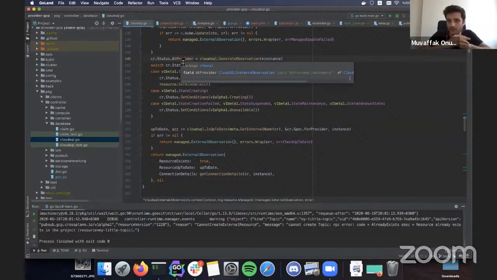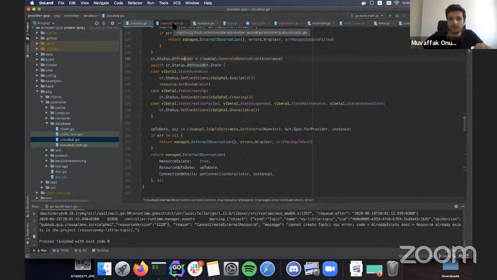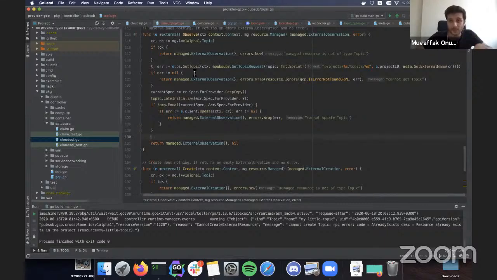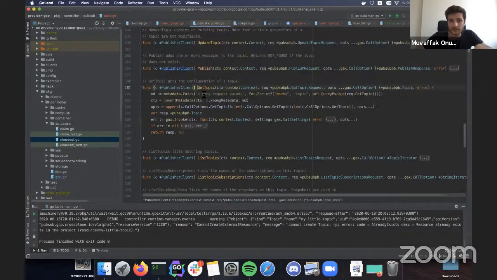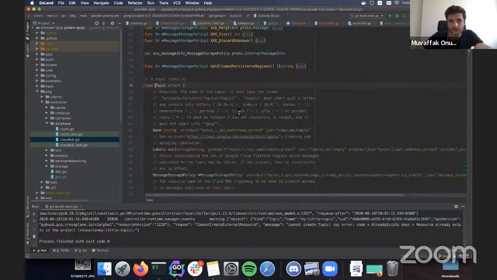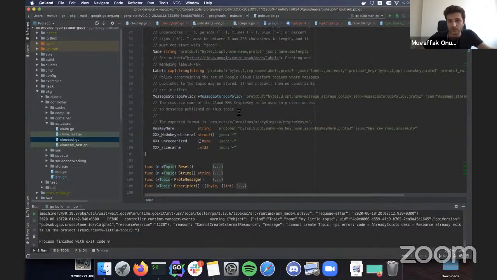Specifically in GCP. However, I think this is the first one that I've encountered in provider-gcp where, in the get topic, all the parameters here can be given by the user. So there isn't really an observation, it's all parameters. For example, let's say you create a Cloud SQL instance, you get, let's say, an IP address to access, and that's something that you would write in status and connection details. But in this topic's case, there is just none.